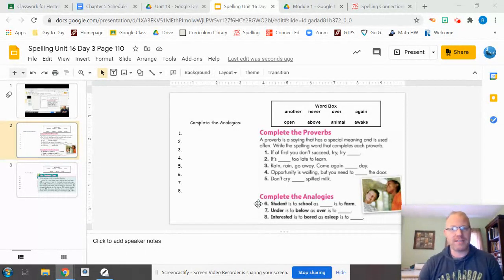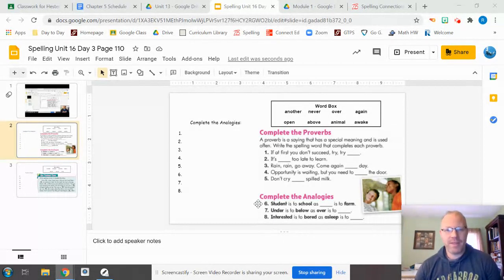So remember the schwa sound. When we say a word like "another," we have two schwa sounds in another. So that's what we're looking for. Anyway, when we go into these words today, we're looking at completing proverbs. Proverbs are sayings that have been said throughout the history of the English language and sometimes even further. You might not have heard of some of these sayings before, but they are sayings that have been passed on.